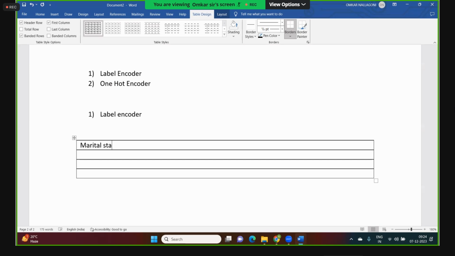Marital status is the column name, and the labels are married, unmarried, and divorced. This is categorical type. Now if I want to convert it to numerical type,